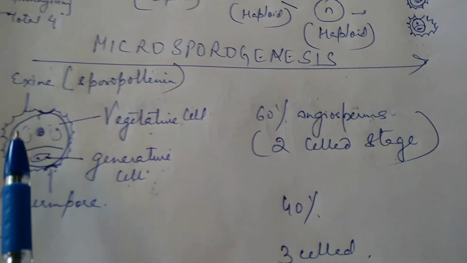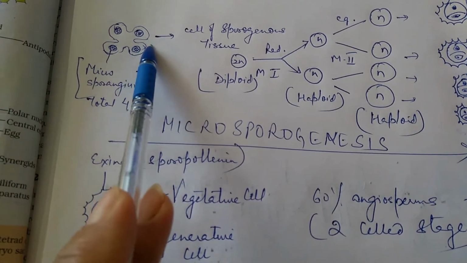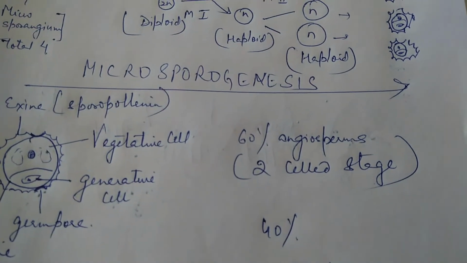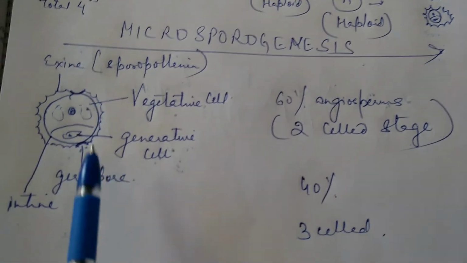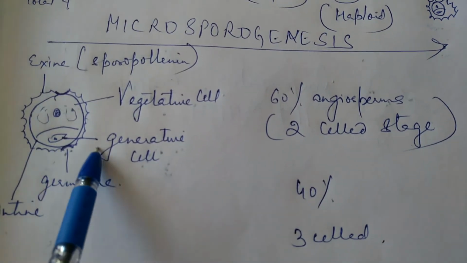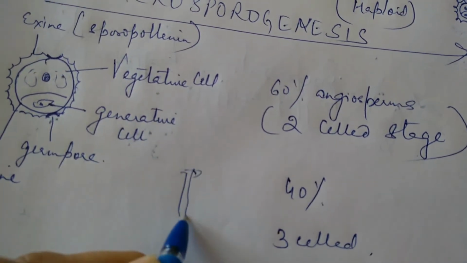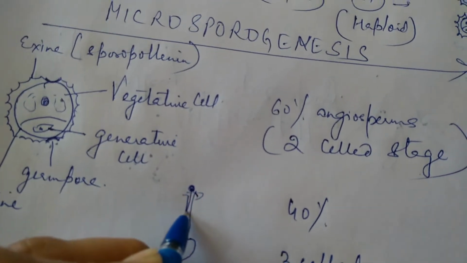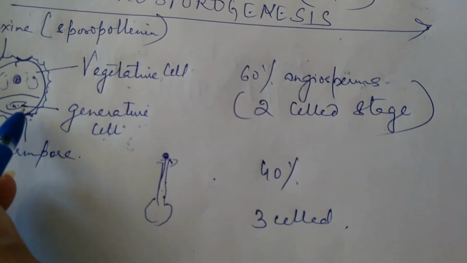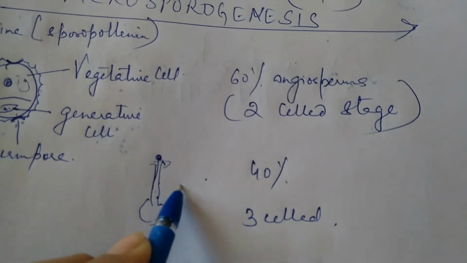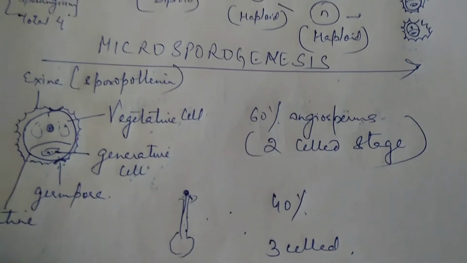Now this is 2 cell stage, and in 60% of angiosperms the pollen grains are released from the anther at 2 cell stage only, and in 40% of the angiosperms it is released at 3 cell stage, in which the generative cell nucleus divides into 2 before the formation of pollen tube. Now you remember, pollen tube will be formed on the stigma. Here when pollen grain falls, it will start forming pollen tube, and before the formation of pollen tube, the generative cell nucleus divides into two. So that will result in the formation of 3-cell stage. So in 40% cases, in angiosperms, it is released at 3-cell stage. Now this completes the